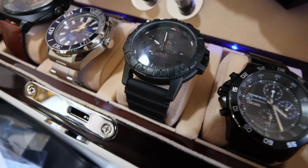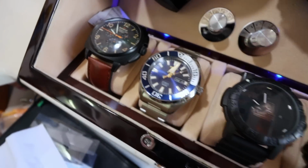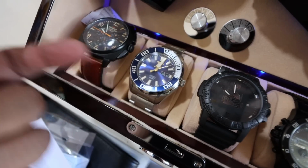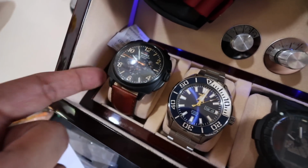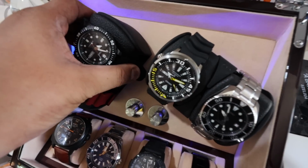This is the Luminox Extra Large collaboration. This is the Seiko 5, one of the best automatic watches that you can buy for under 10,000 pesos. This is a Shinola watch that I got from my good friend Bonat. So since I'm wearing black today, we might as well go with